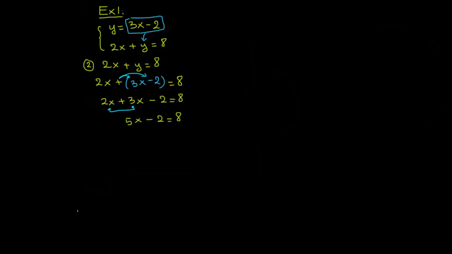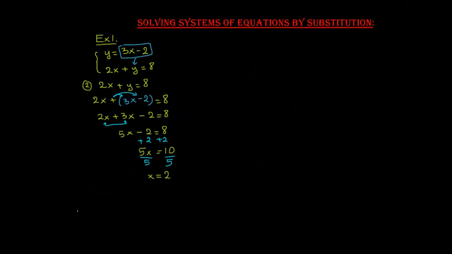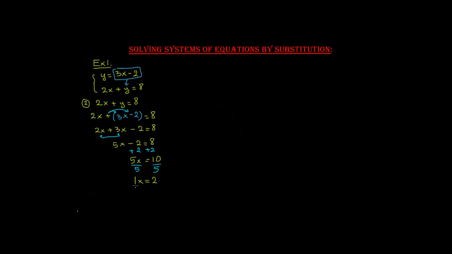Then we isolate x by moving 2 over, so add 2 on both sides, which gives me 5x equals 10. And we can go ahead and isolate x again by dividing by 5 on both sides. So we have x equals 2. x equals 2 is my first solution, but we're not quite done yet because we still have to solve